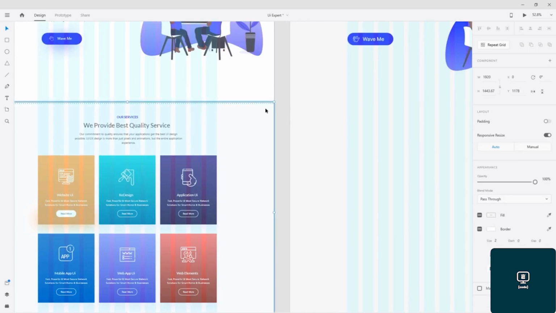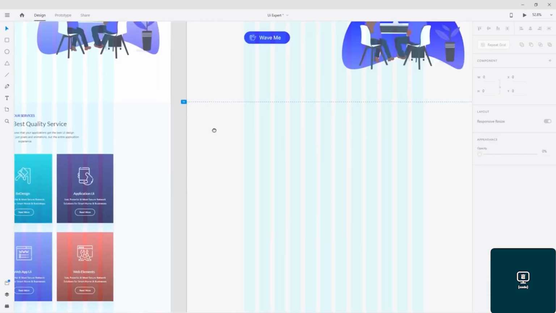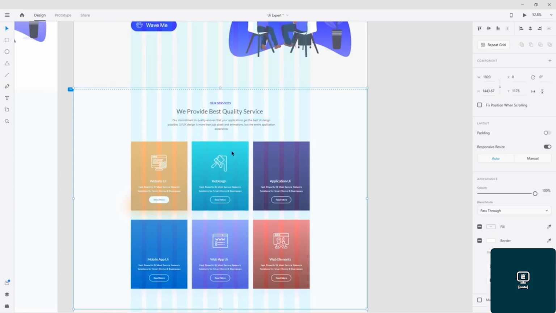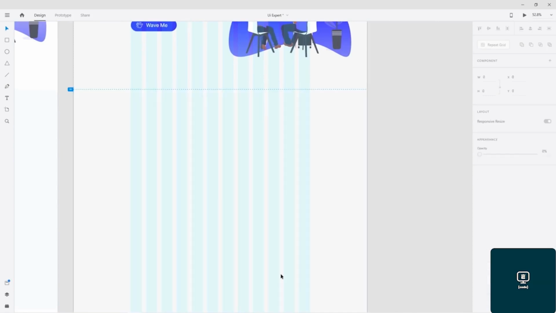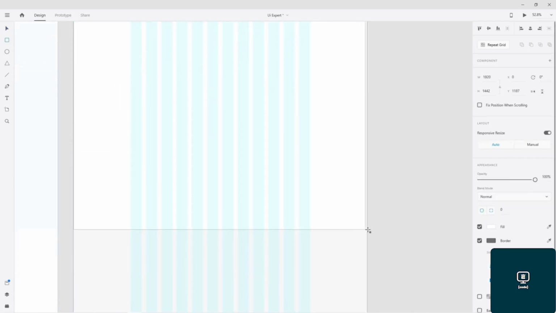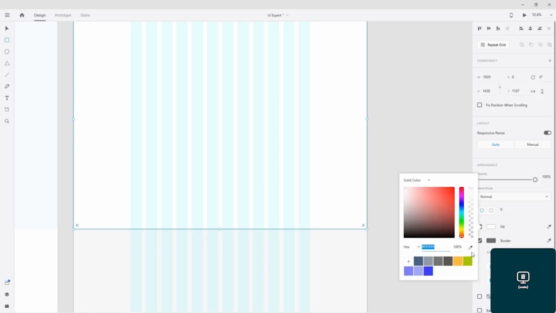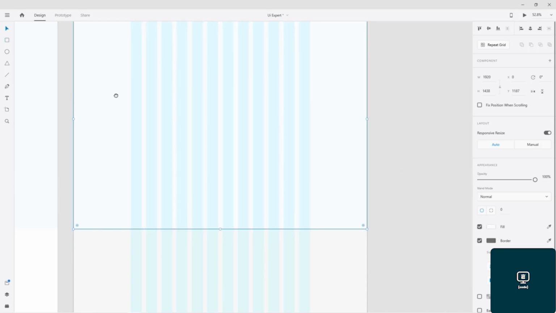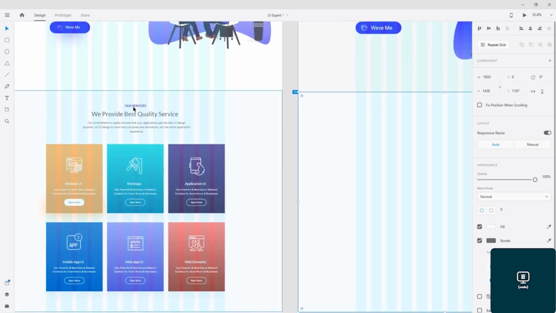Here we have a background. Here I am going to make a copy out of this and set it here. We don't want to have these items included in our copy because we want to design them by ourselves. That is why from here I make a background like this, and I get the color code that I want from here like this. And now the sections that we have over here,